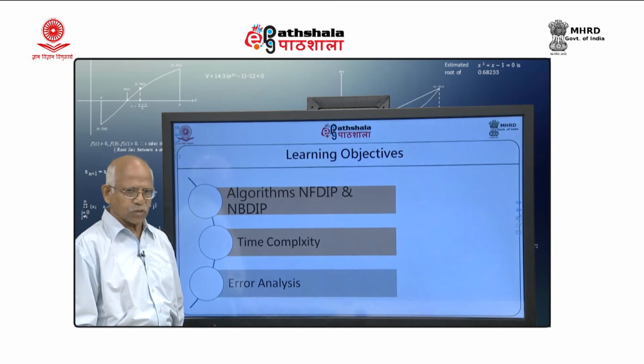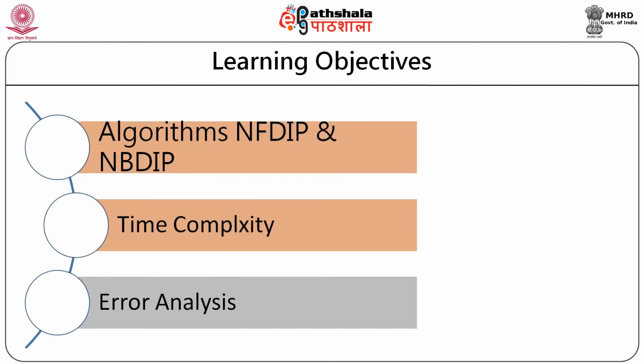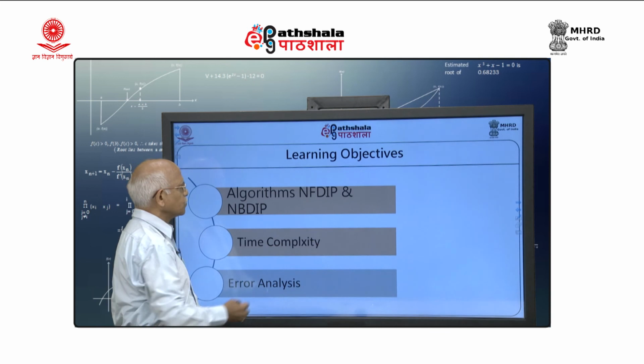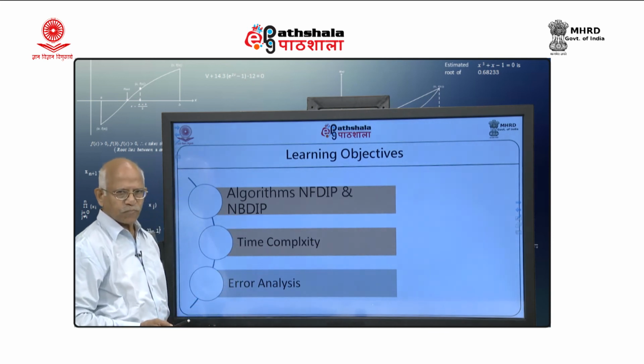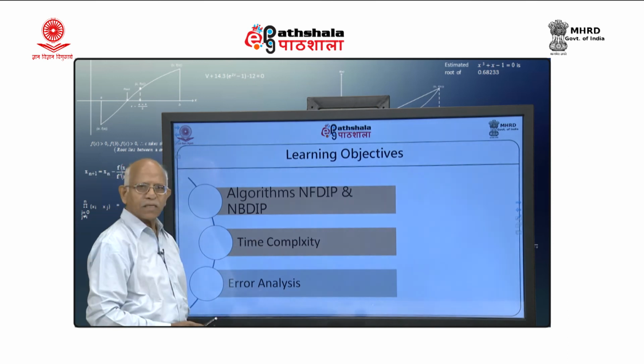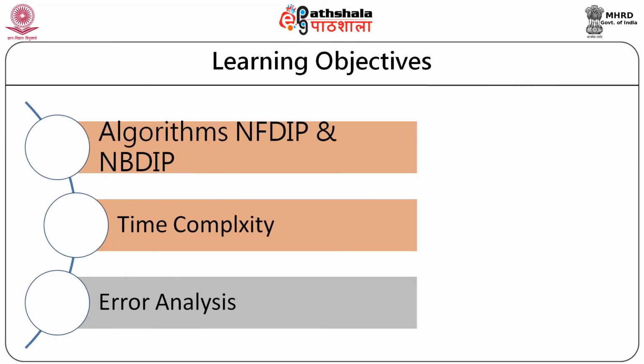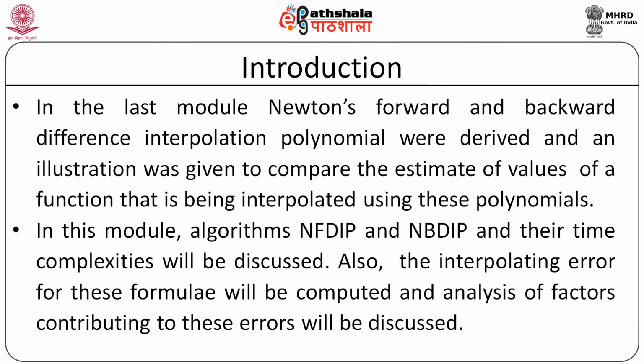in the previous module. In this module, we are going to talk about algorithms for Newton's forward difference interpolation polynomial and Newton's backward difference interpolation polynomial. We will study their time complexity and we will carry out the error analysis for both these interpolating polynomials. So, in this module, the algorithms and their time complexities will be discussed. Also, the interpolating error for those formulas will be computed and analysis of factors contributing to these errors will be